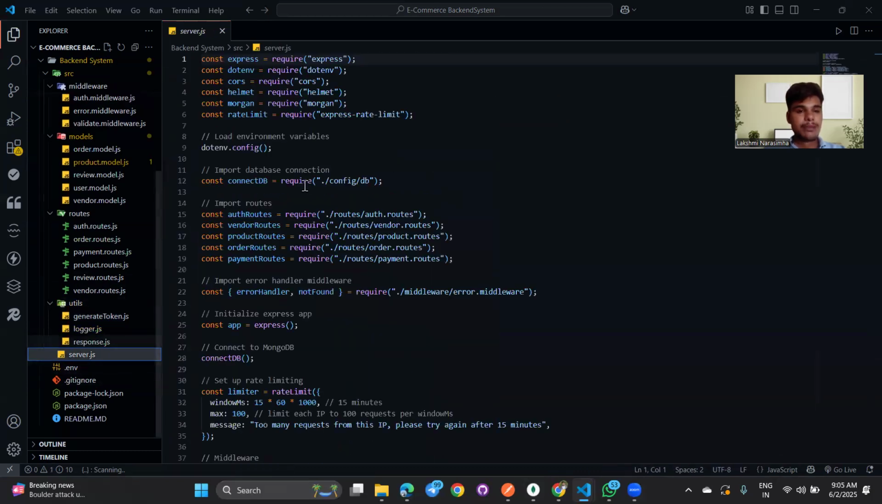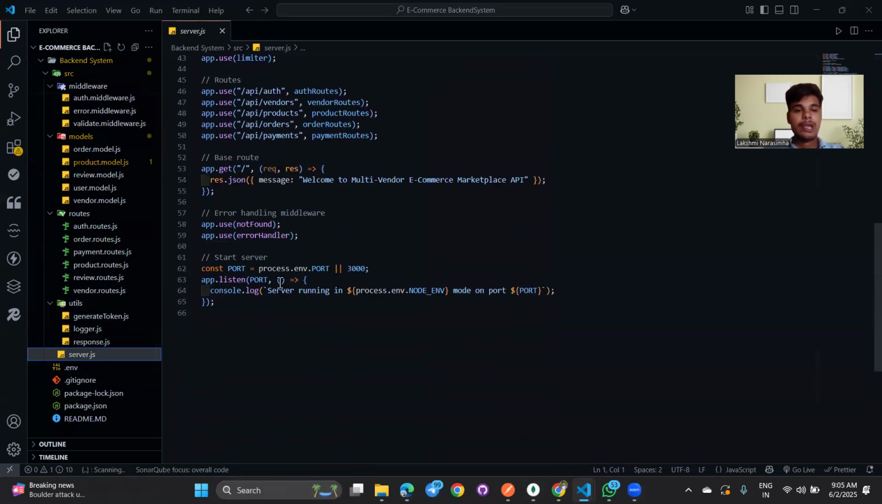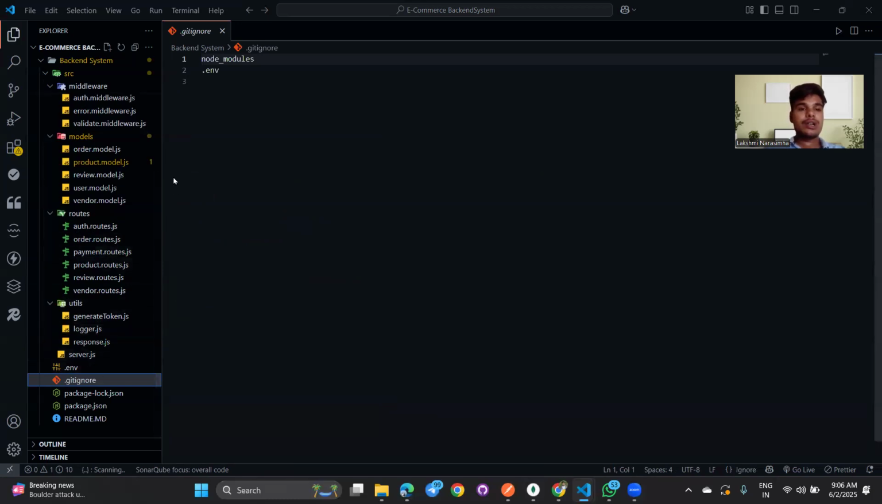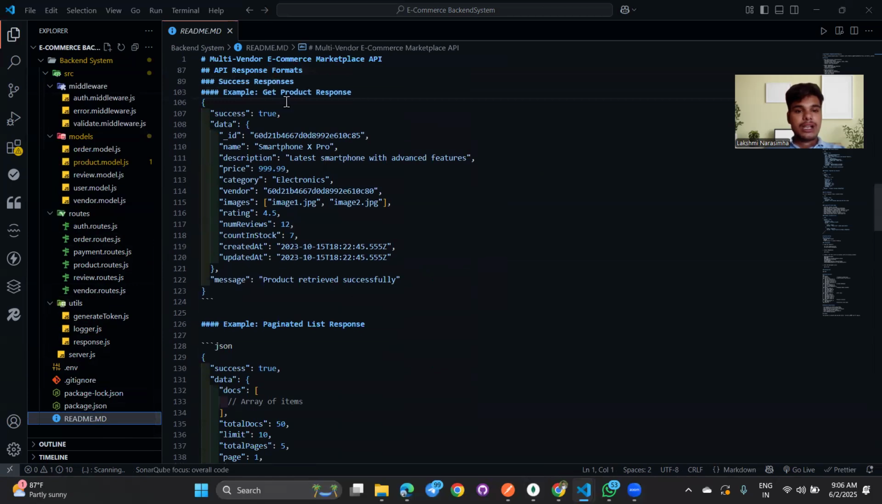The main file is server.js. In this file we run our server and listen on a port. The port value comes from the environment variable, and if it is not given, it defaults to 3000. We also use a .gitignore file for files we don't want to send to GitHub, and we have a README file with a good structure. This is the product response we can get